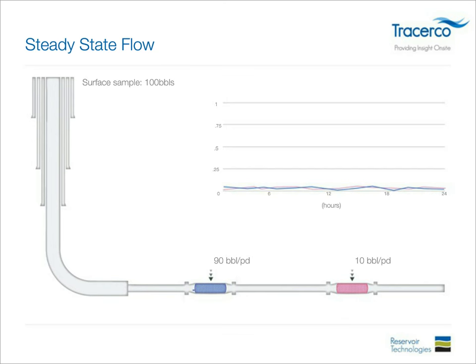Now, the point here is that the background tracer response that you're seeing just above the zero line is simply all you're going to see in this passing data. You're not going to see the peaks, you're not going to see that curve shape, you're just going to see information telling you that you've got tracer there. Now if I reverse this around the other way, so that the pink becomes the higher flow and the blue becomes a lower flow, the actual shape is going to be negligibly different. It's not going to change significantly, which means you're not going to be able to discern which of those zones are actually better than the other,